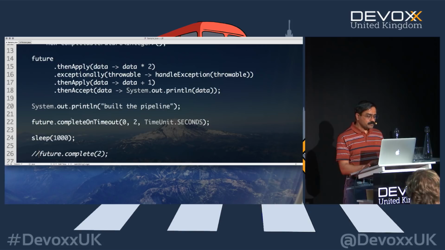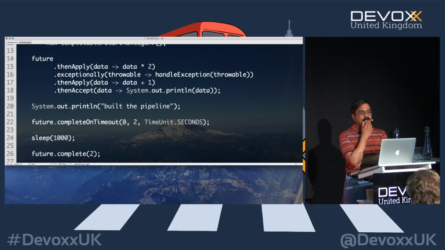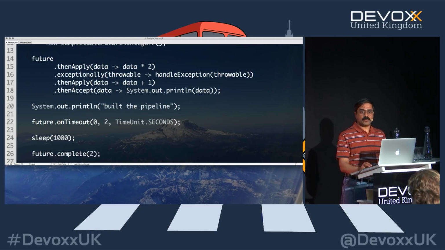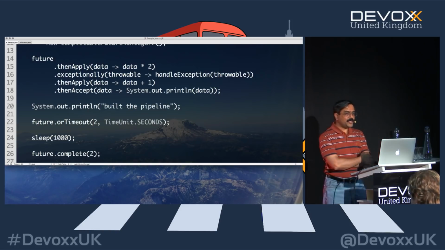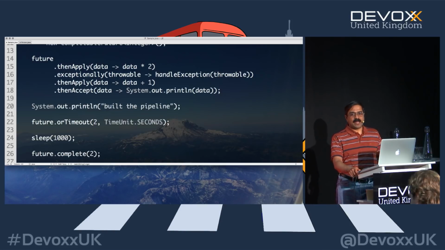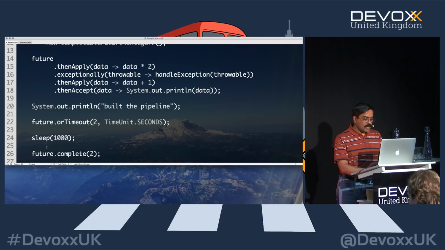In a similar way, what you can also do is tell it, hey, if the result did not resolve on time, I don't want to give you a substituted value, I do want to blow up. And that is something you can do by simply saying orTimeout. So orTimeout, what does that do? It simply says, if you did not finish on time, I want to blow up to tell you that you did not finish on time, and I want you to do the error processing at that point. So in this case, we are saying orTimeout, no data obviously because I want to fail at this point, and you're giving it a 2 seconds delay.